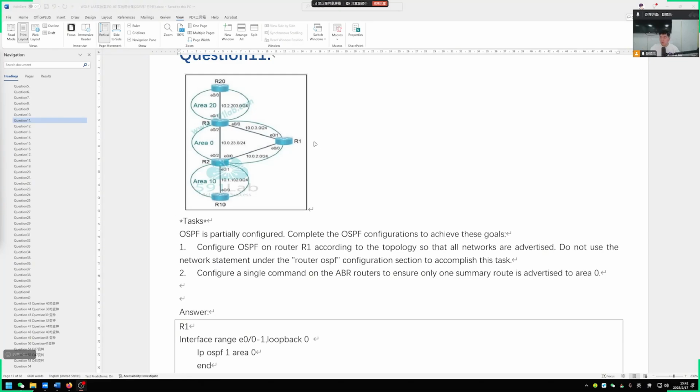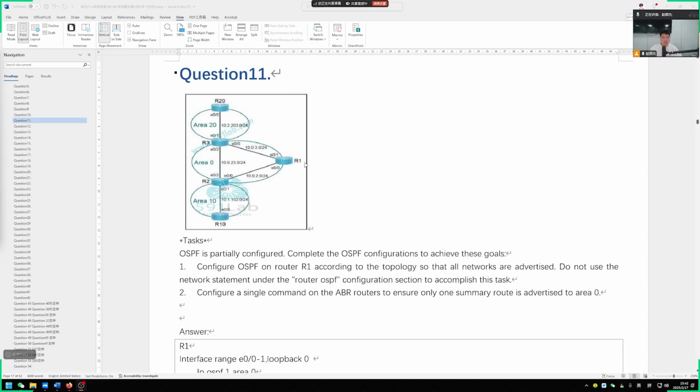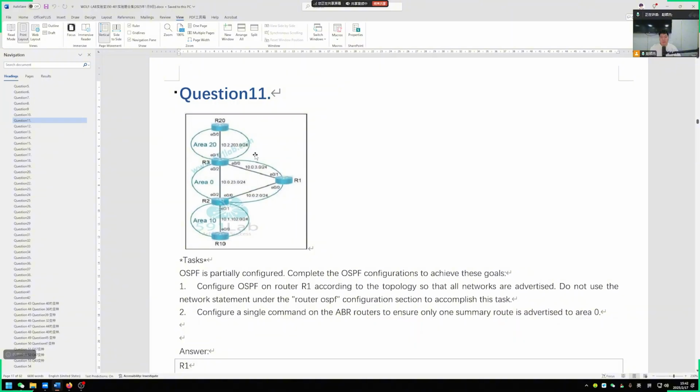Okay, so next, let's continue to explain the CCIE 350-401 ENCOR Lab collection. This is our 11th question. When it comes to this question, what we are actually considering is a support point for OSPF announcement and summarization. Let's first look at the first question, which asks us to configure this on R1